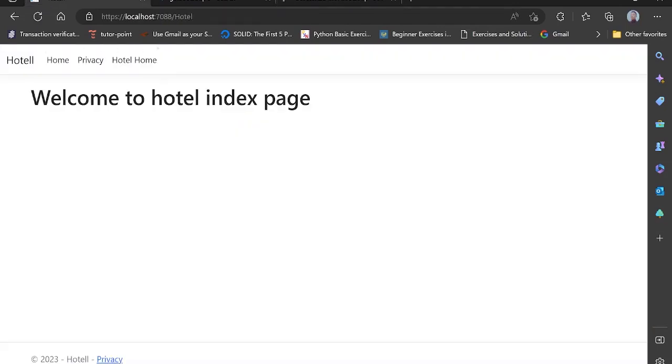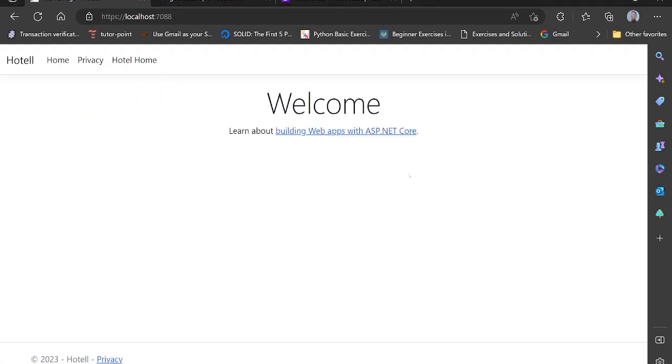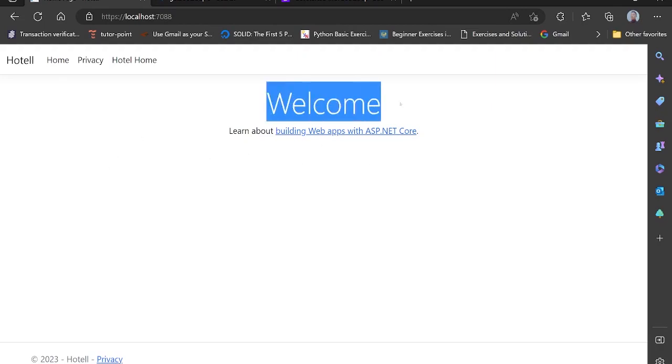Currently, our navigation bar is white, right? I want you to go and learn about Bootstrap and make it dark. They have a way of changing it to dark. So go learn about Bootstrap and make it dark. And then for the home page here, instead of this welcome we are seeing,